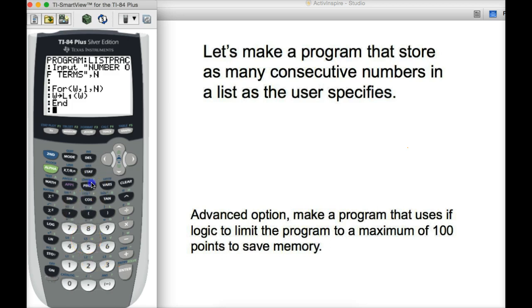I suppose we should also display L1 when we're done. Alright, so what this is going to do is when W starts out at 1, it's going to store 1 in the first element in L1. Then it's going to go to 2, and it's going to store 2 in the second cell of L1. And then 3 will be stored in the third element. So when we run it,